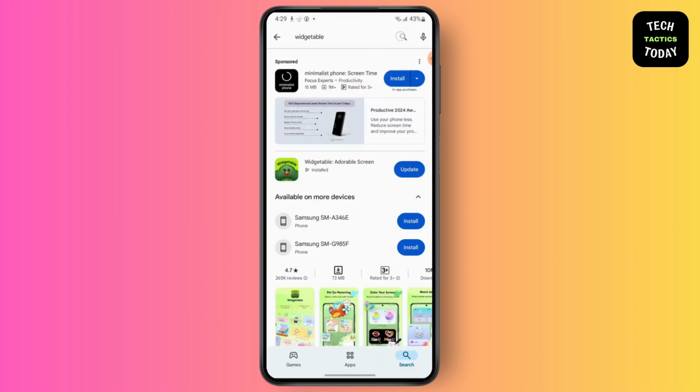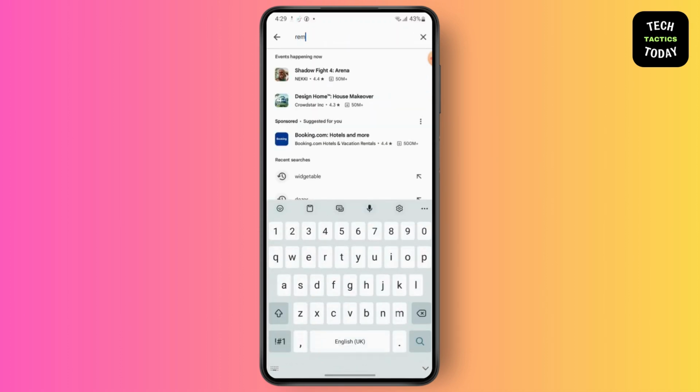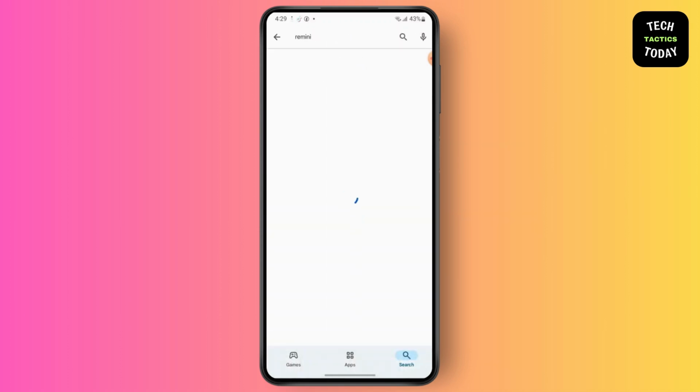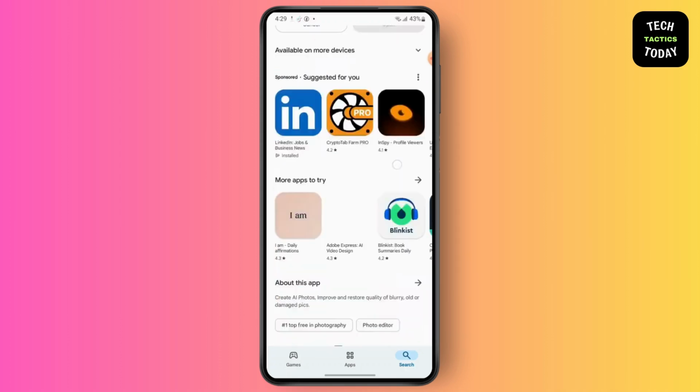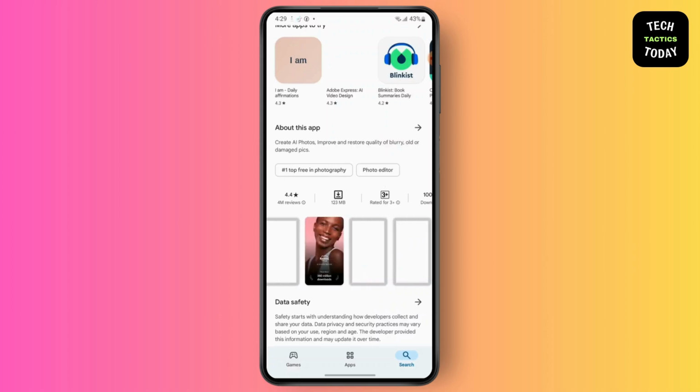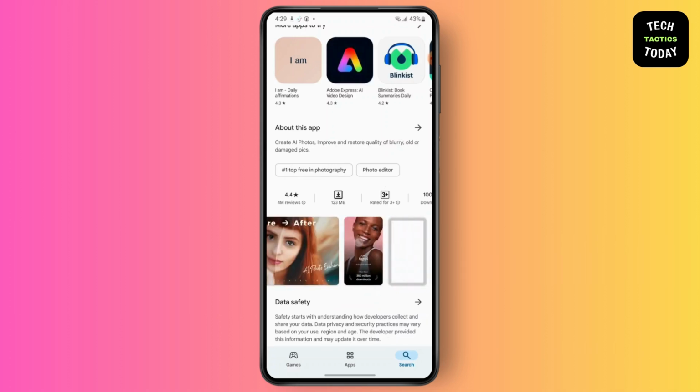Go to your Play Store and then search for Remini app. This is the app you would be looking for. Simply install the application. After you have installed it, simply launch. Give permission of